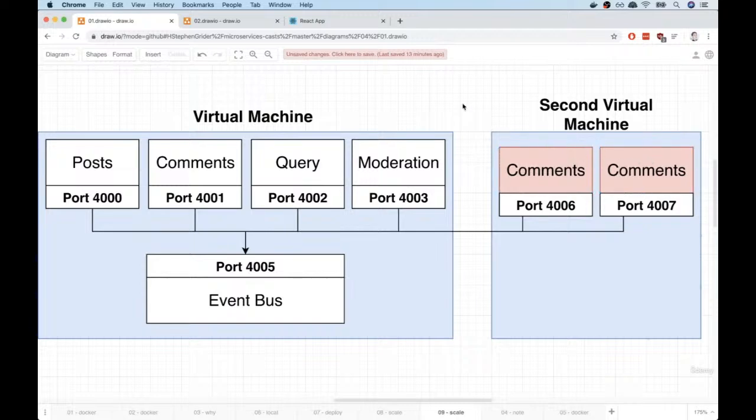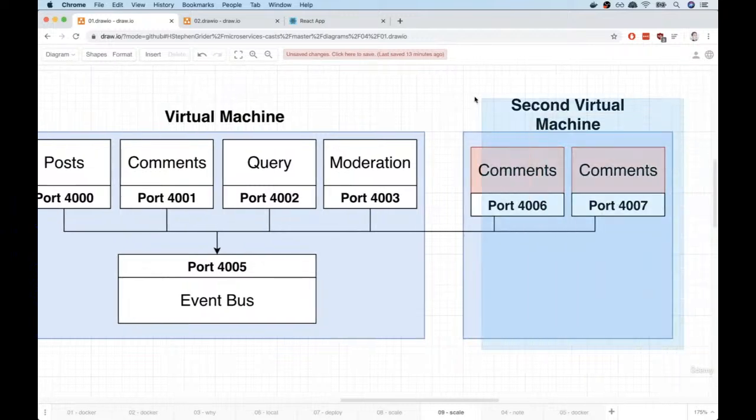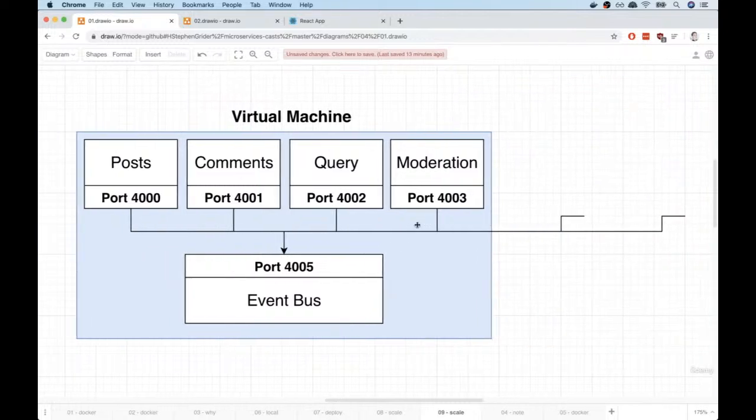But then maybe at 1 a.m. in the morning, like at the dead of night, maybe nobody is coming to our application. And so in order to save money on our hosting fees, we might decide at 1 a.m. to temporarily shut down this second virtual machine and just say, hey, no one's coming to our website. We don't need those additional copies of the comment service. So let's just temporarily turn all that stuff off. So now in this scenario, once again, the event bus